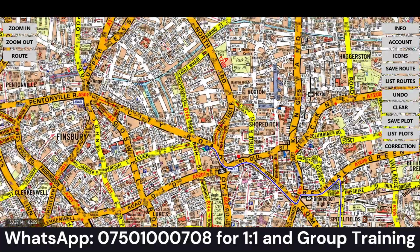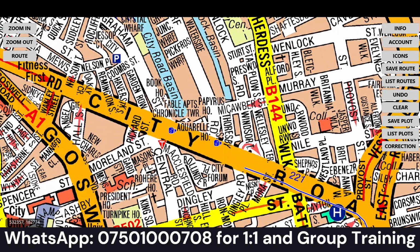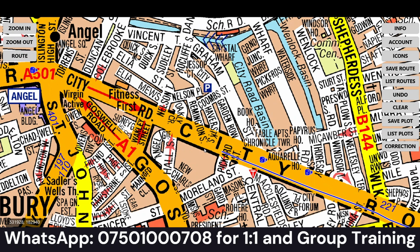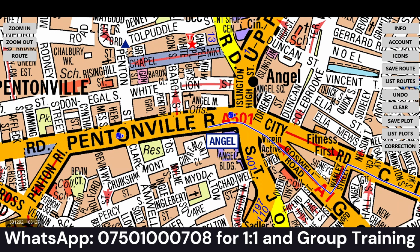Now let's zoom out a bit, just to see. Yeah, so that's fine. Zoom in, and then you just go straight from here. So keep going straight here, straight here. And now we are approaching where we've got quite a few arrows, so we can see we can't go straight, so we need to come down here, and then we can go back up here, and then we just go straight from here, go this way, and then you carry on going straight